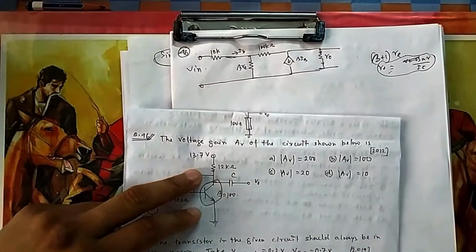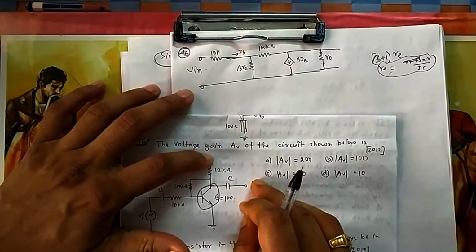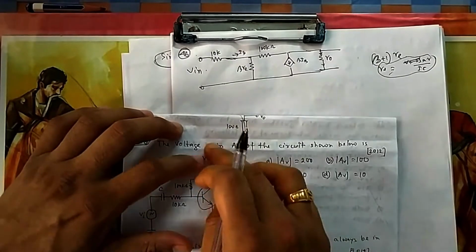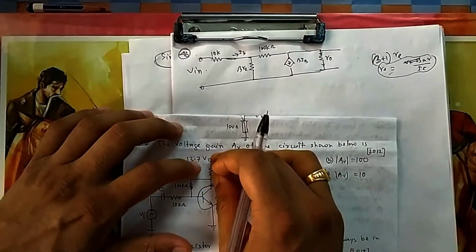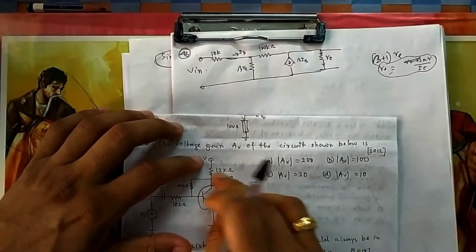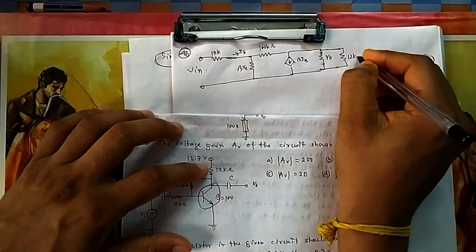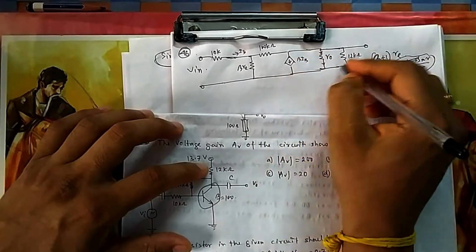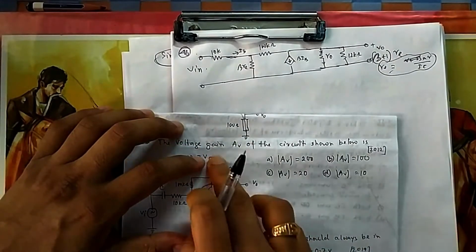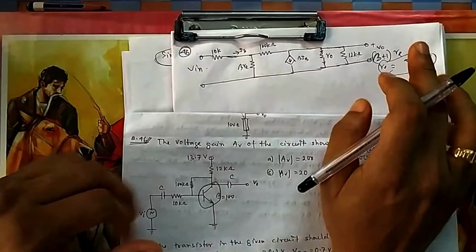And then 12 kilo ohm. Now this 12 kilo ohm, if you see from the output side, for AC analysis, for this signal, we kill all the DC sources. If you kill this DC source, then V0 will be the voltage drop across this 12 kilo ohm, because your IC will flow in this direction, so this drop will come across. That is why the 12 kilo ohm comes in parallel. So if you see, your IC goes, this is my V0. V0 will be negative, you can see, because this drop will be plus minus. From the V0 side it is minus plus, because it will be grounded. So the connection is something of this fashion.